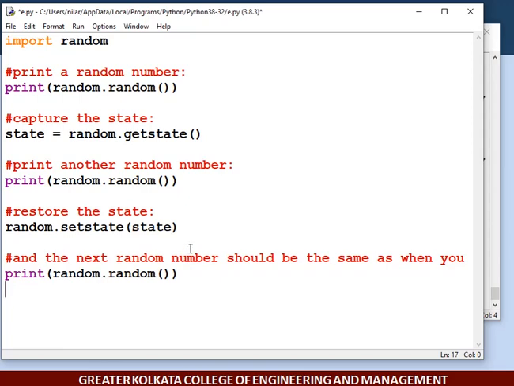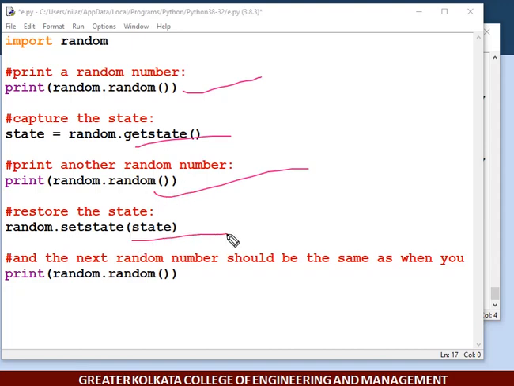So in that case, what value? Suppose random will give some value. I will set this state. Again I am generating a random value, so one value will be generated. In this portion I have set the state, and one value will be generated. After that, I will stay on this state. Then again if I execute the random method, what will the value be? As we stayed on that position, the value will be repeated. Clear? So this is the use of this code.